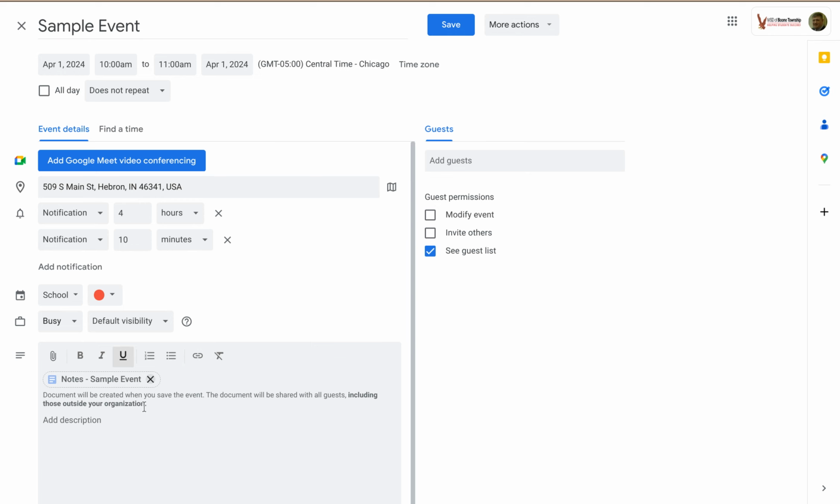All right, and then notice what's going to happen here. This will create a default Google Doc with some formatting in it for the meeting notes once I save the event. All right, so notice if I want to add stuff to this, I can type that in as well. So I can add my own content here as well. And then notice when I save this,